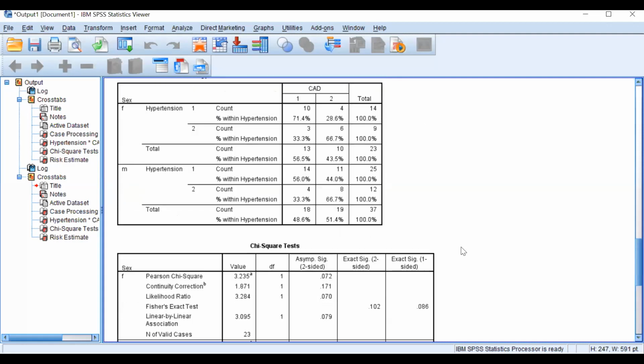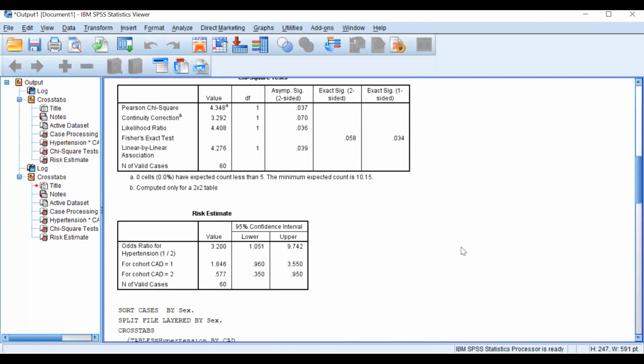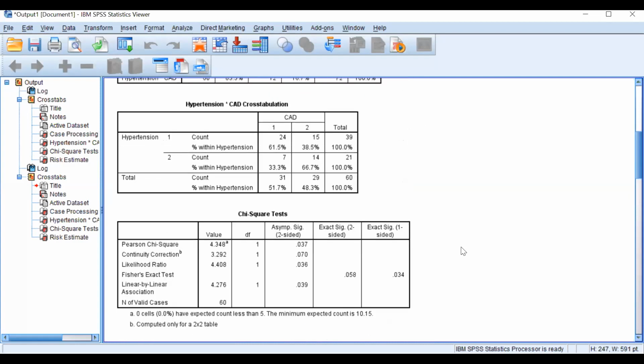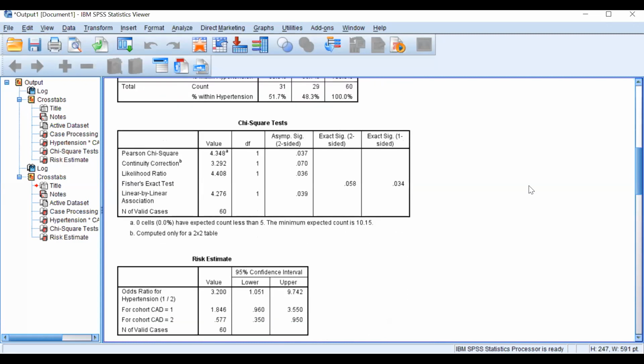Then I'll quickly take you back to the first example again. I hope you understood about the association. Here we are merely looking at hypertension and CAD, whether there is an association or not. Now we want to see the strength of association, so we look at the odds. The odds value is 3.2.